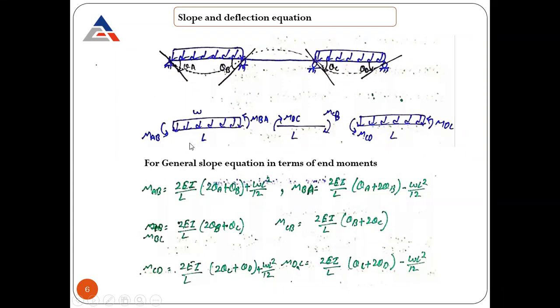So what we need to do now is write the slope deflection equation in terms of moments. These are the end moments, and we need to write all these values in the form of rotation or slope. Forget about where these values are coming from. This lecture is just an overview, and I will let you know each and every aspect of where these equations come from. So don't worry about this, I am just explaining for the overview.